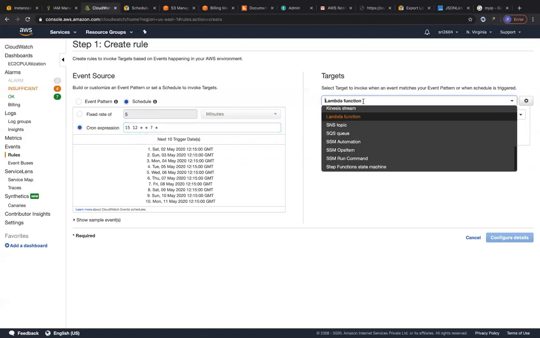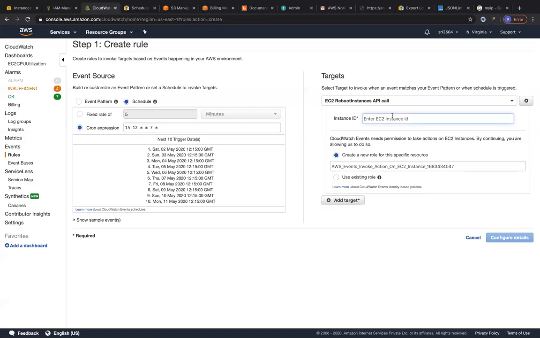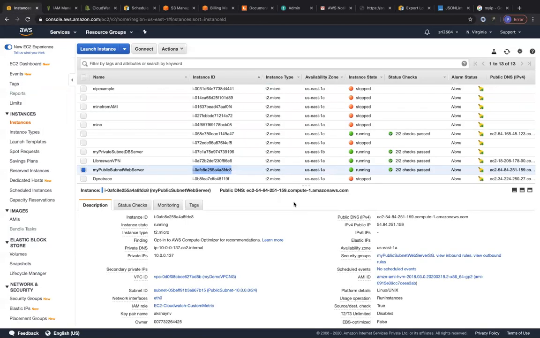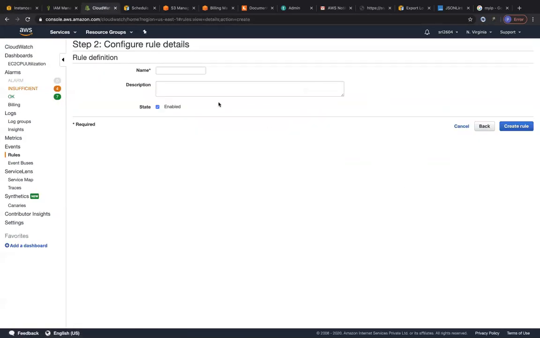So we are going to add the target, but this time instead of stop, we are going to reboot the EC2 instances, and I'm going to put the same instance ID. So I have this copied, so I'm going to put the same instance ID over here, right? Cool. So let's go ahead and configure the details. I'm just going to call this as